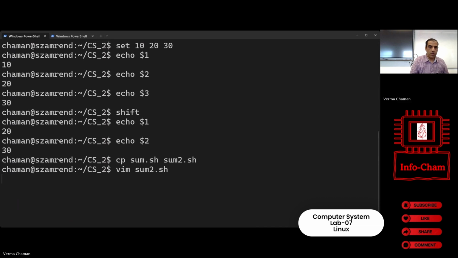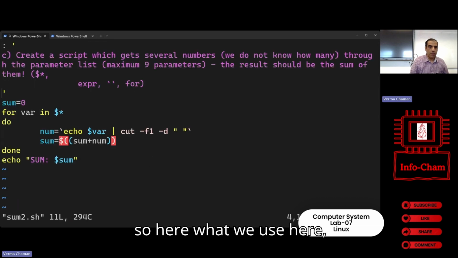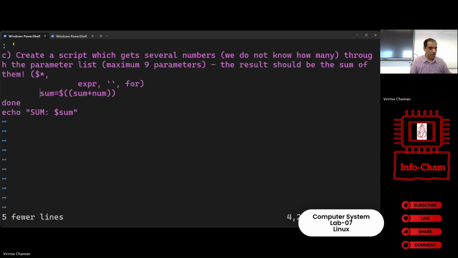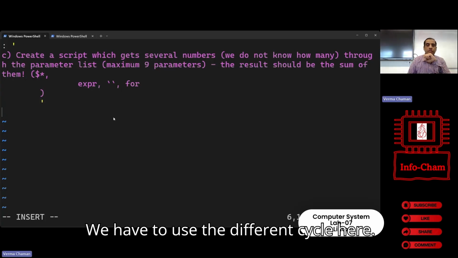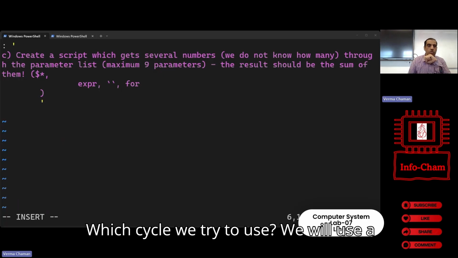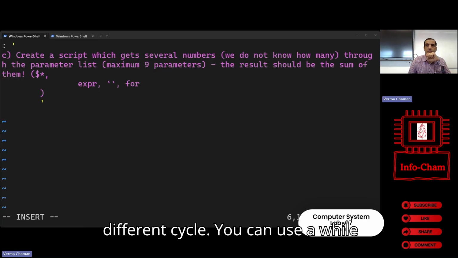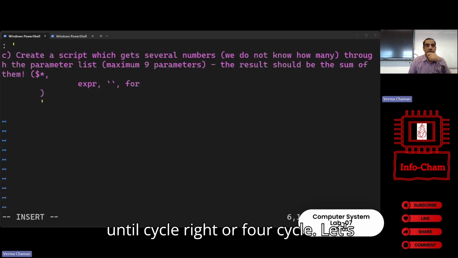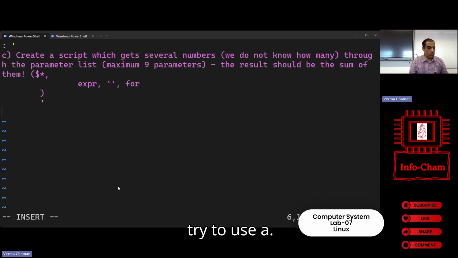So here, we have to use a different cycle. Which cycle should we try to use? We will use a different cycle. You can use a while cycle, maybe an until cycle, or a for cycle. Let's try to use a